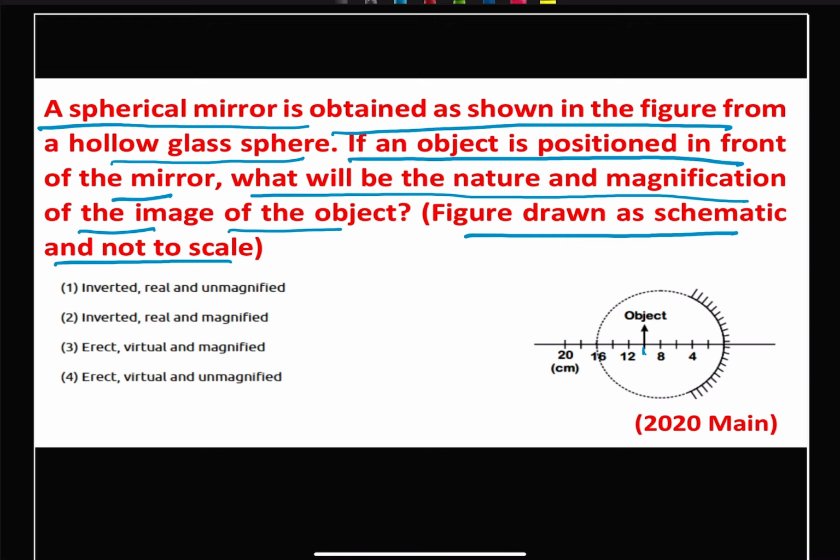So we need to find out what will be the position that will be giving us magnification, and we are also going to find out what will be its nature. So from this particular figure we can just make an approximation of that. This will be our O. So the diameter of this sphere is equal to 16 centimeter. Therefore our radius of curvature will be equal to 8 centimeter,